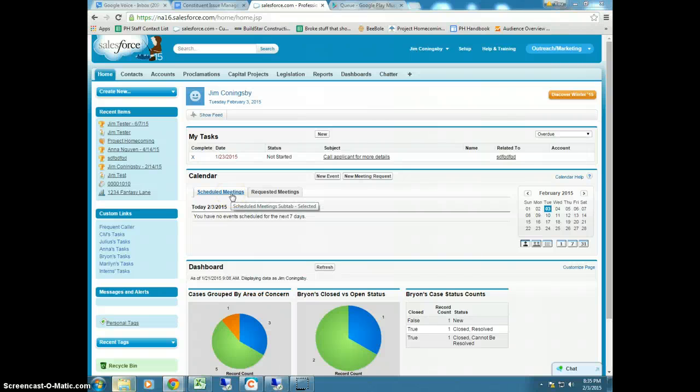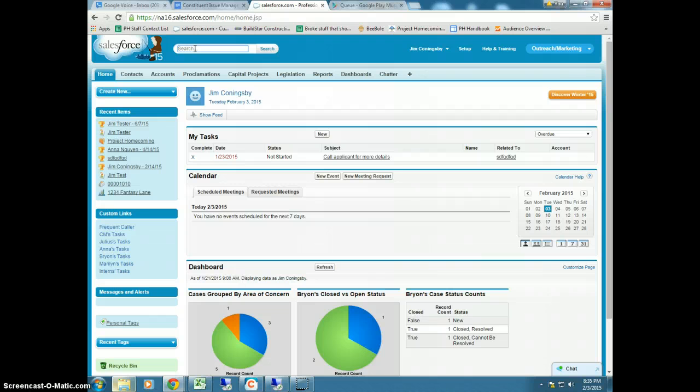After a record has been created, there will often be times when you need to search for that proclamation so that you can update the record, and there's a couple different ways to do that. The first method is to use the search box, which is up here towards the top, and you can really type in anything to look for the proclamation, but typically I would recommend that you search for the person's name